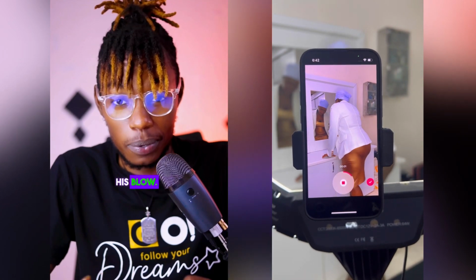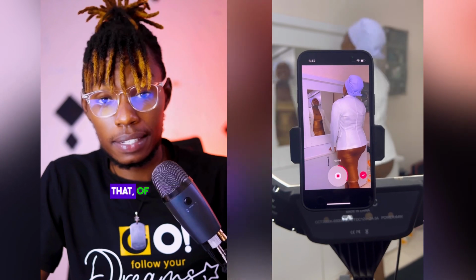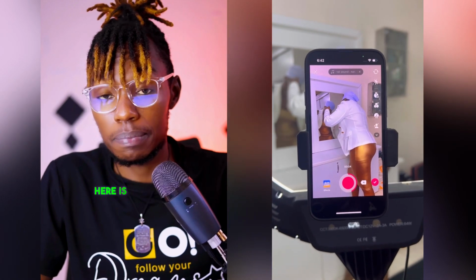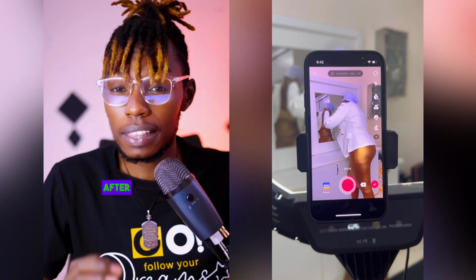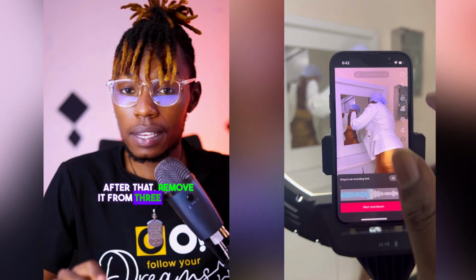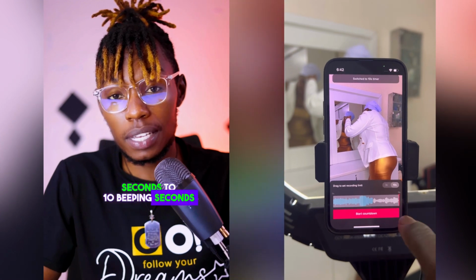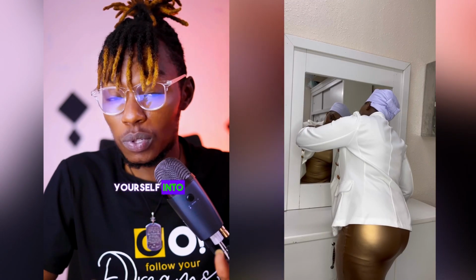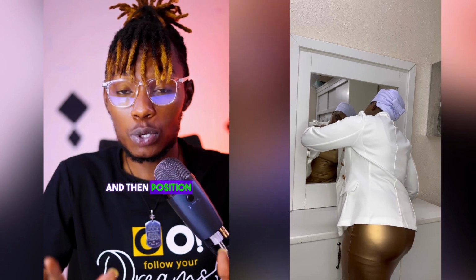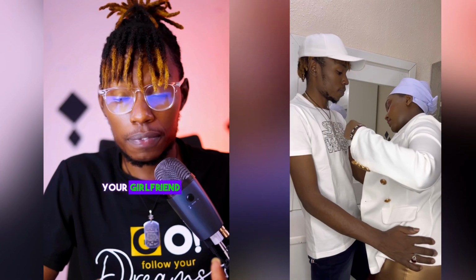the mirror with his blow. After your subject has done that, of which my subject right here is my girlfriend, the TikTok will just stop by itself. And then after that, remove it from 3 beeping second to 10 beeping second of timer and then click start. Bring yourself into the picture and then position yourself in front of your girlfriend or in front of